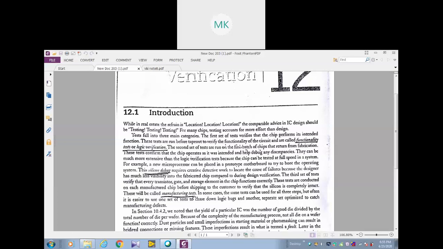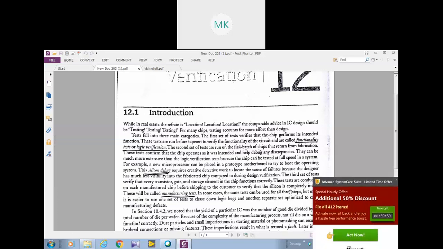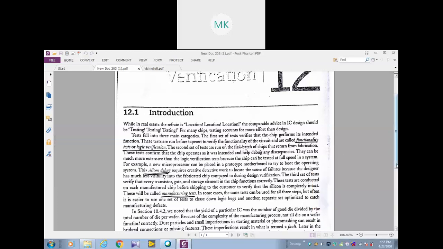Before delivering the chip to the customer, we are checking each individual chip. In the third set, called manufacturing test, these tests are conducted on each manufactured chip before shipping to the customer to verify that the silicon is completely intact. Here we are checking that every transistor, gate and storage element in the chip functions correctly. That is the third level of testing.